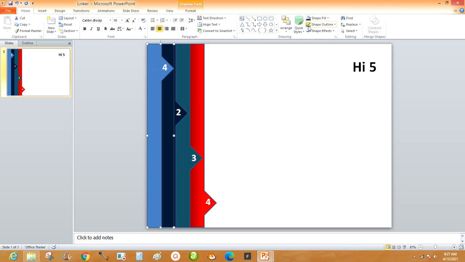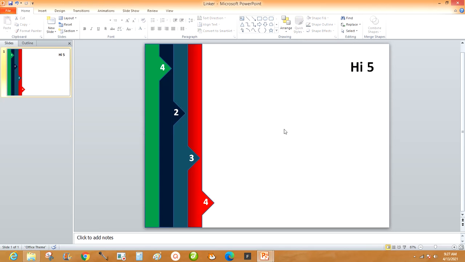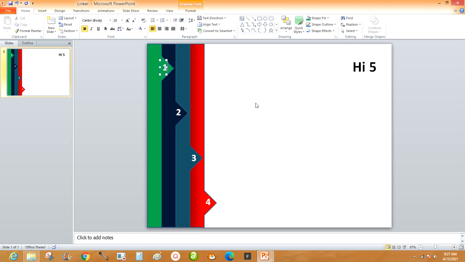Now let's give our block, wow, yellow, green. This green is good. Let's give it green. Alright. Oh, supposed to be 1. Ha ha ha ha ha. Okay, so